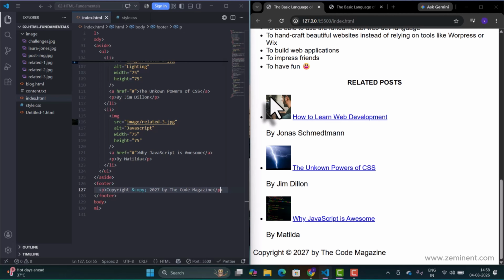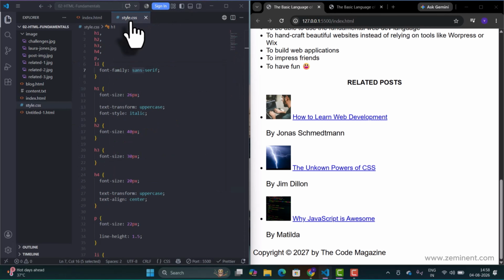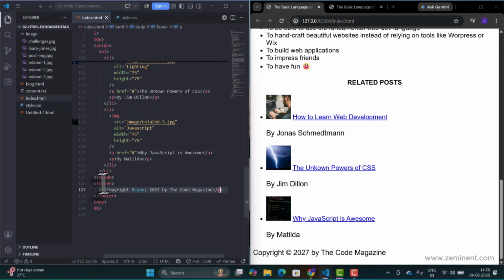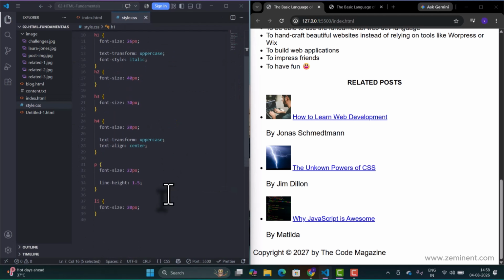Now suppose we want the footer paragraph to have a smaller font size. If we change it in one paragraph, all the paragraphs will change. This is where another type of selector becomes useful. This is called the descendant selector. So this paragraph is inside a footer element. So we can write it like this: